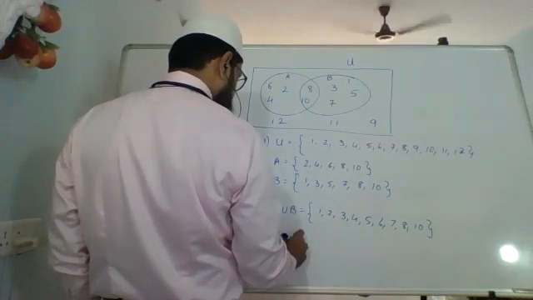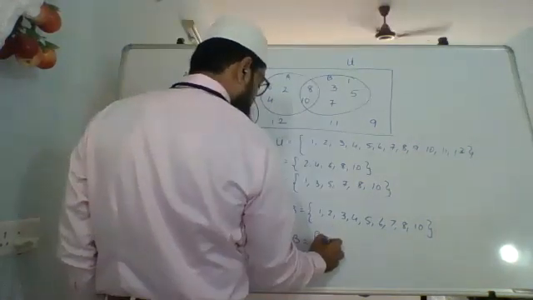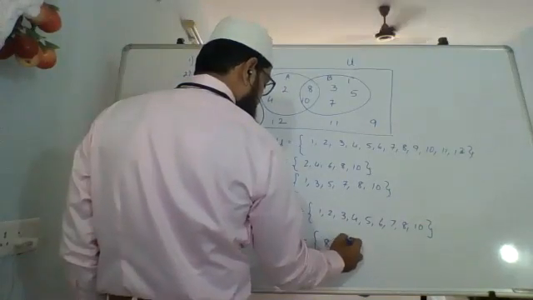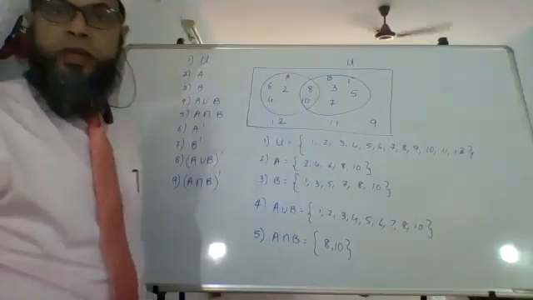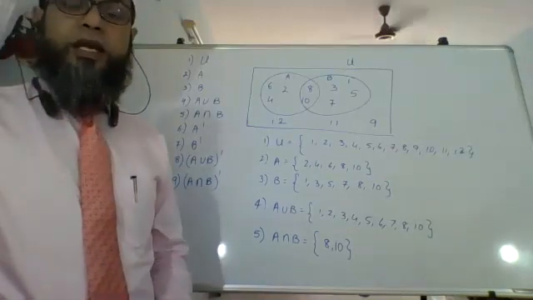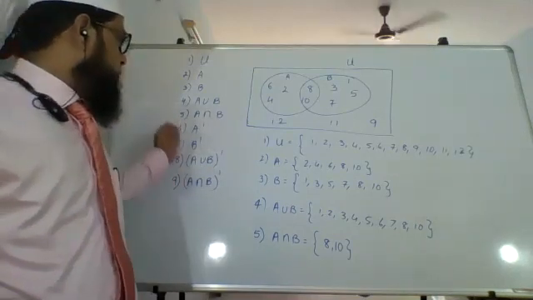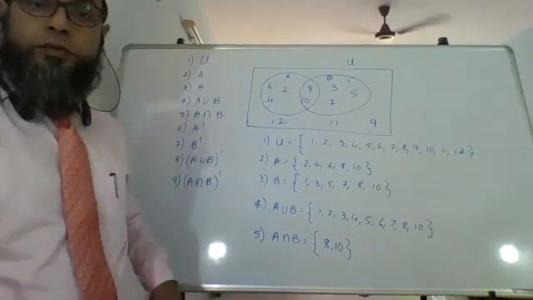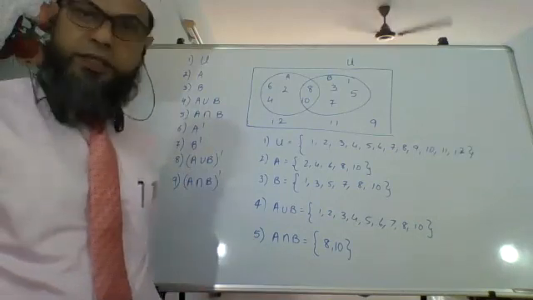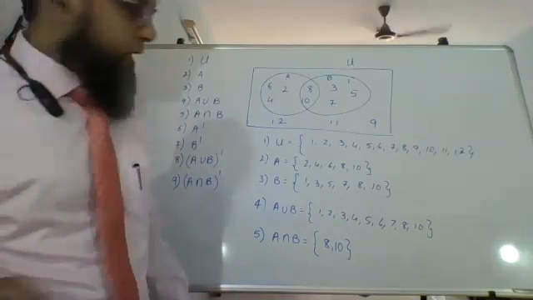Then A intersection B. Whatever is common to both A and B, that is 8 and 10 only. See if you all have done till here. जिन्होंने नहीं किया है, please complete कर लो, so that I can erase and move forward, because we have to do 3 more, 4 more. जगह चाहिए. Okay, in fact I'll write it over here.